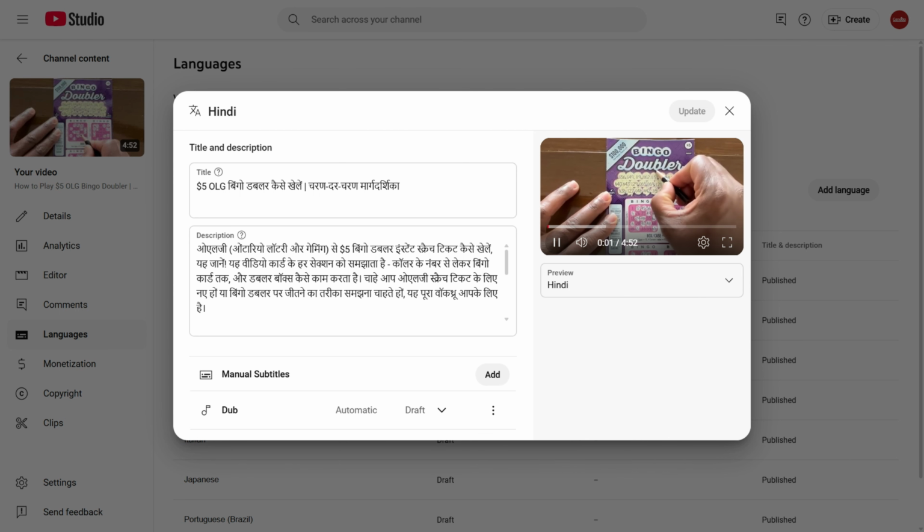ये बिंगो डबलर कार्ड है। यह एक इंस्टेंट स्क्रैच एंड विन कार्ड है। तो जब आप किसी भी ओजी रिटेल आउटलेट पर $5 का भुगतान करते हैं, तो ये डिस्प्ले पर होगा।